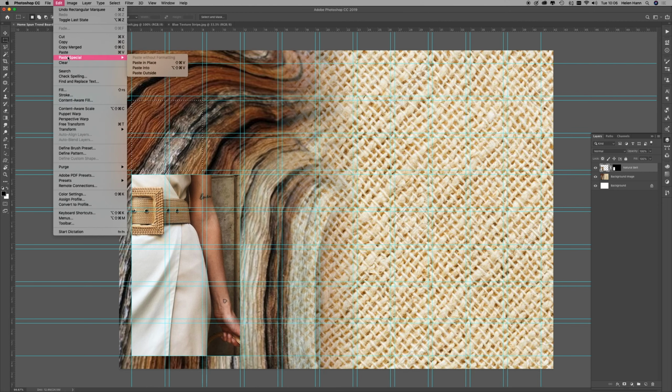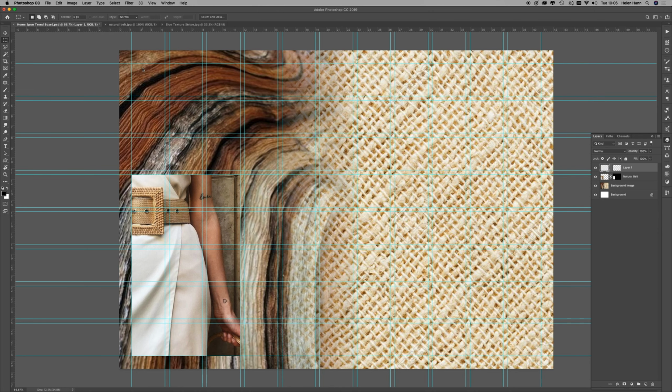So this time when I go to Paste Special, you can see all these are illuminated. So if they're grayed out, make sure you get a layer selected, and I'm going to choose Paste Into, and I'm going to paste into that marquee shape. There it is, like so, and you can see it automatically generates a little layer mask. Now this image is much bigger than that little square, so if you have a look here, you can see that this image and its layer mask are linked, but this one and this one aren't, which is good for us,